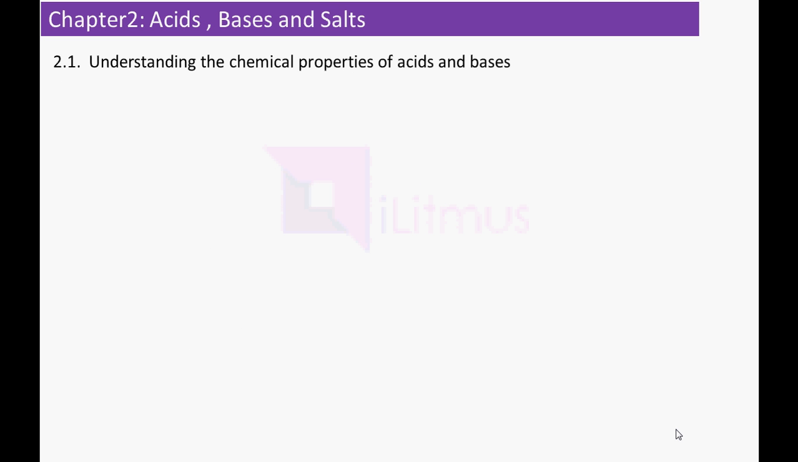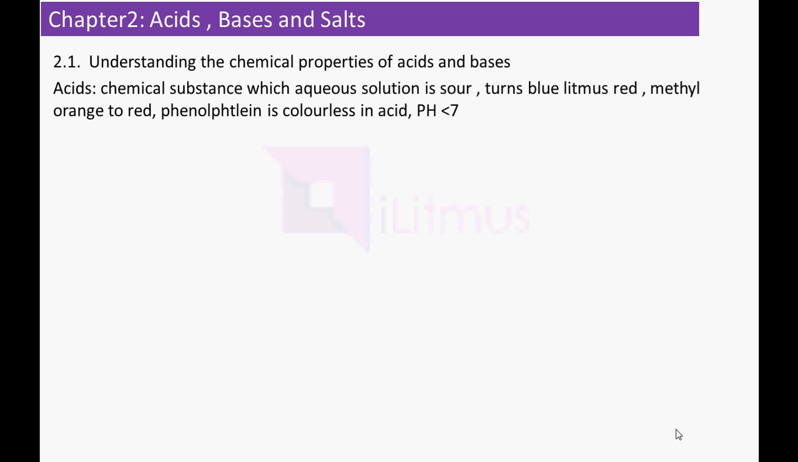So understand the chemical properties of acids and bases. Okay, so acids, the words are very important, which you can write in your exams. So what are acids? Chemical substances whose aqueous solution, when you mix with water, is sour. It turns blue litmus red, methyl orange to red, and phenolphthalein, which is colorless in acid. So when phenolphthalein comes in contact with acid, it becomes colorless,